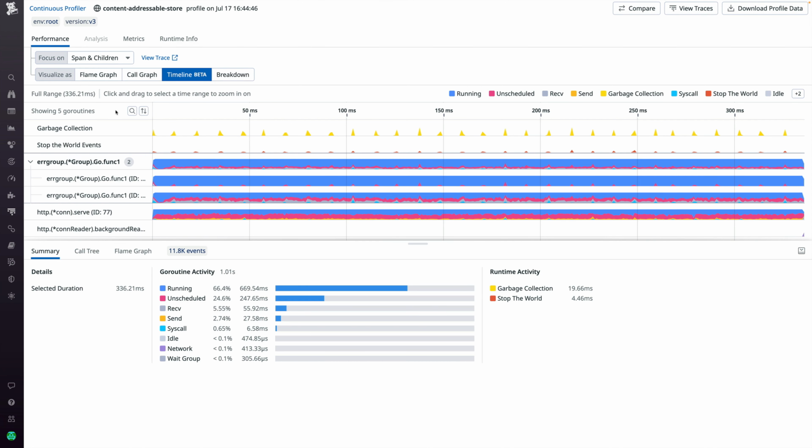Today I want to show you a new feature that we've been building. It's called Profiling Timeline and it's now in public beta for Java, Go and .NET. Let's take a look. So here we have the timeline of an HTTP request that was being served by a